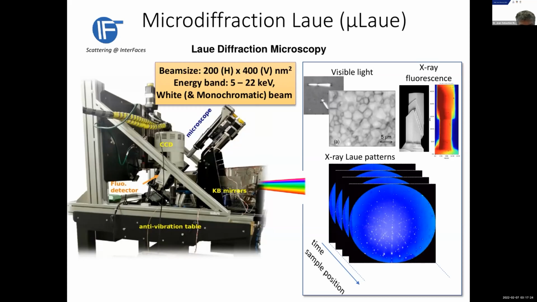And you've also got a fluorescence detector that also looks at the sample. It's not mandatory to perform the fluorescence map, but it's a marvelous way to locate your sample of interest. At the beginning of your experiment, you can do visible light microscopy at the surface of your sample to select the region of interest. So the microscope, this is the objective, and the camera